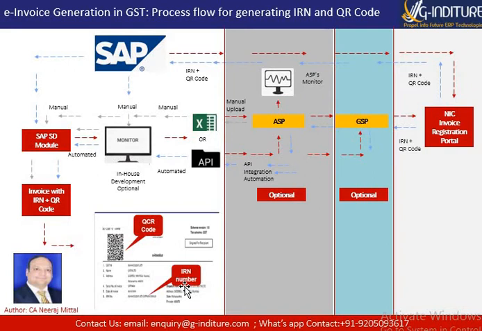Now coming to how this would typically work. The options you have available: from an Excel sheet you may integrate to the ASP, or if you don't want to use the services of an ASP, you have already developed your in-house monitors and you have complete visibility into the various progress and various APIs, in that case you may integrate directly with the GSP. Or if you do not want to integrate with the GSP, then, as you can see here, from SAP you can directly interact with NIC and pull the data back. So here also the movement can be manual through your Excel sheet, as well as an API integration.